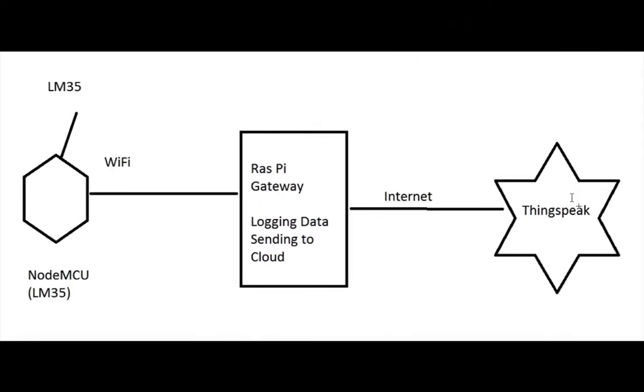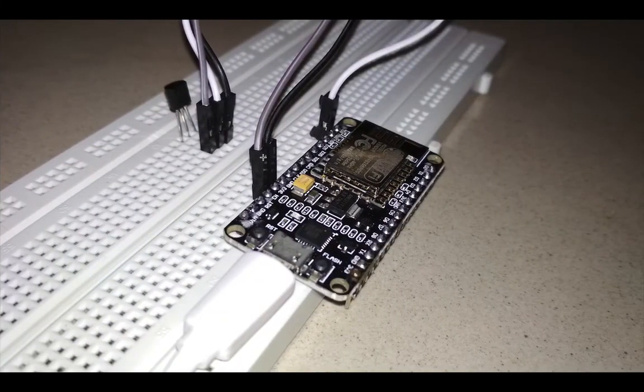Now the physical connections. We are connecting the LM35 to the Node MCU, and for the Raspberry Pi we don't need to make any physical connection. We just need to start the CGI server. I will show you how. Connect the LM35 to the Node MCU using these 3 wires. The physical connections you have to make are already given in the description. You can find all the programs, working codes, connections and details there. The link will be in the description of this video. So we will follow the steps now.